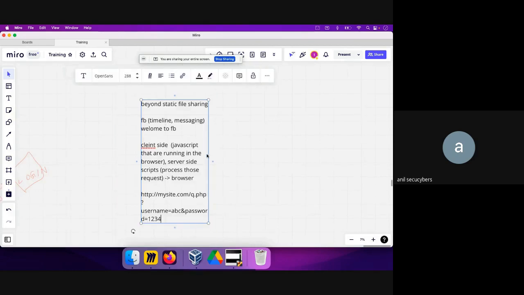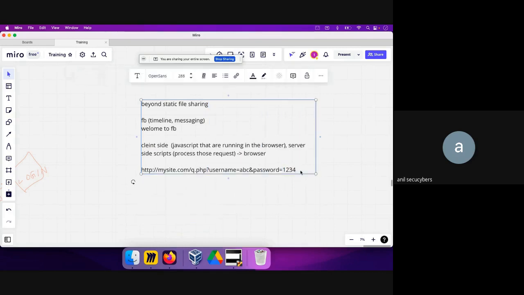Okay, so this is how, in a normal fashion, the URL looks, where this is a base URL, and then there are parameters that are passed by the browser for us, and that's where the server side script processes that. And if it is a correct one, what they do is that